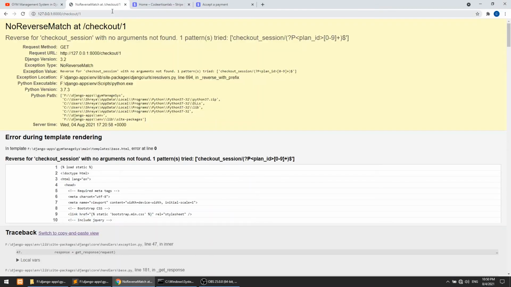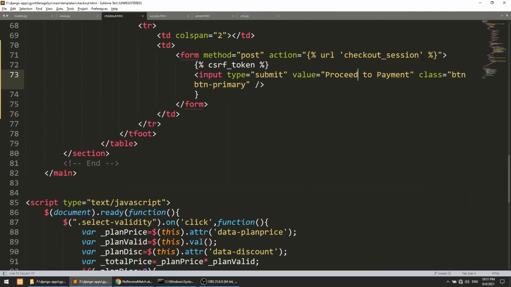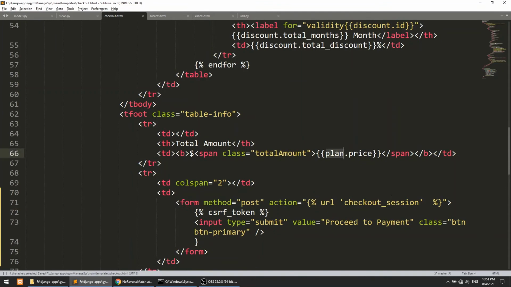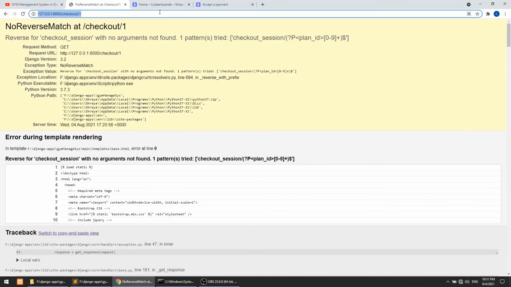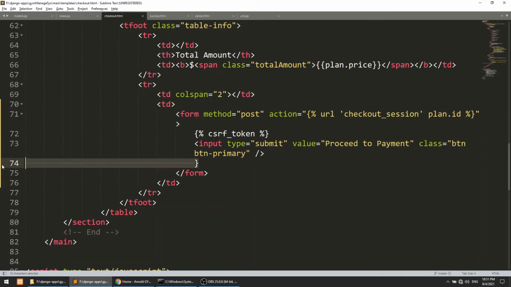So let's test this. It is saying that reverse for checkout with no argument is passing. It is actually saying right, because in the form we are not passing anything, but we need to pass this thing, plan.id actually. And one thing more, this bracket is extra.